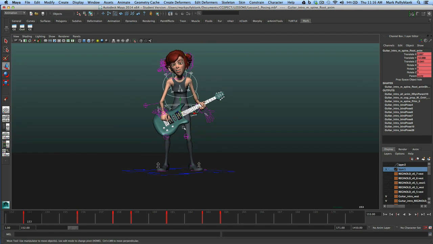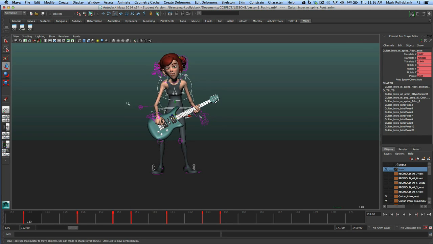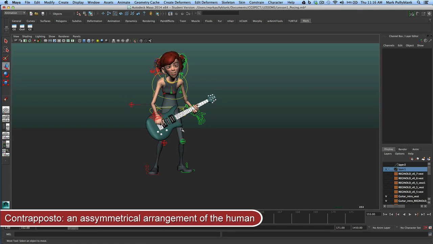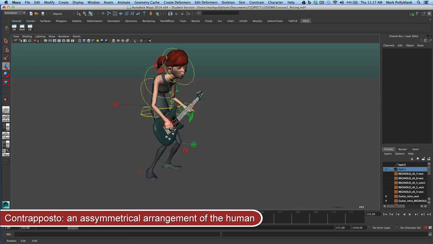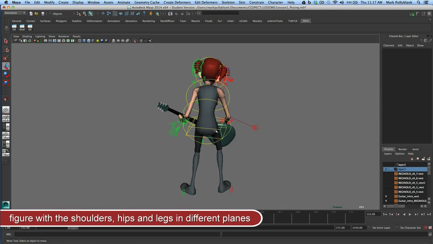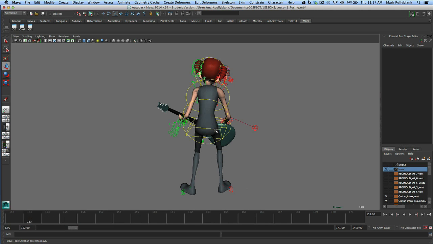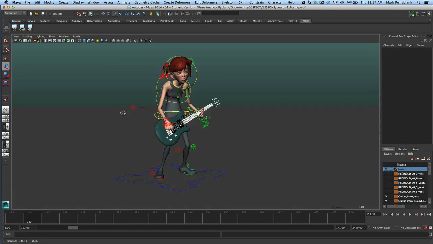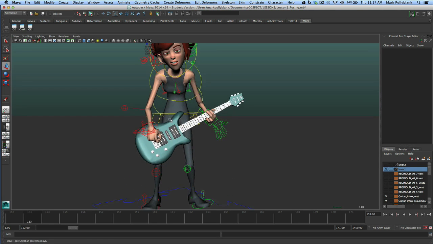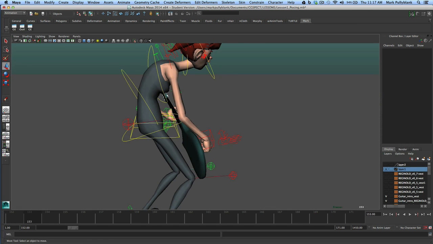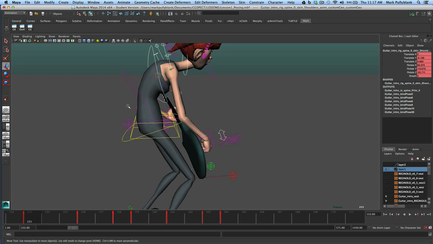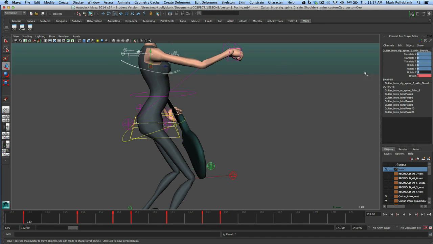And it's, like I said, a pretty big deal. Following that is Contrapposto. Contrapposto is a term that basically means your shoulders and your hips have a nice bit of variance to them, where it shows a stretch on one side and a compression on the other. So what we want to see with Contrapposto, for example, if we were to just zero this stuff out, just for the sake of showing our Contrapposto,